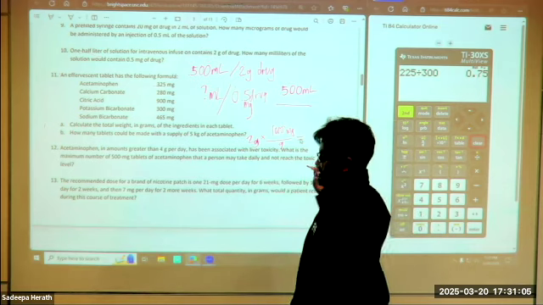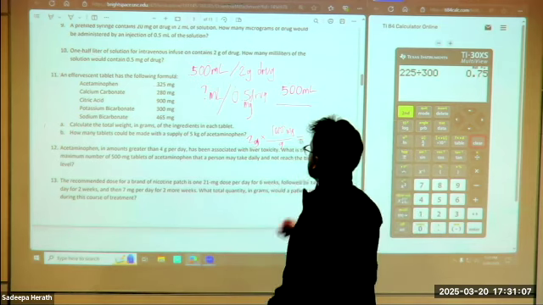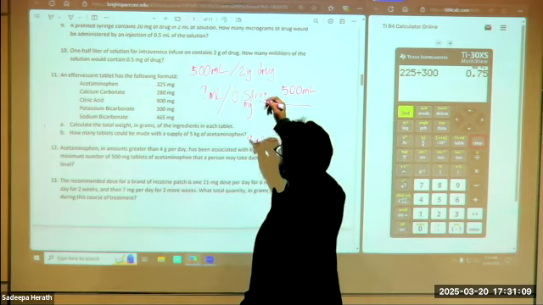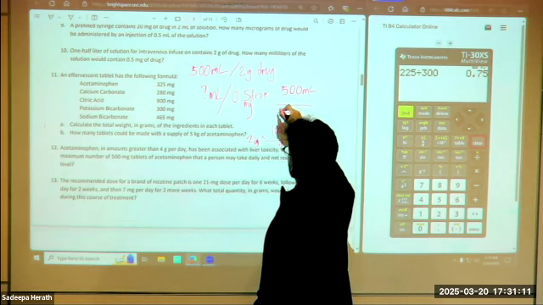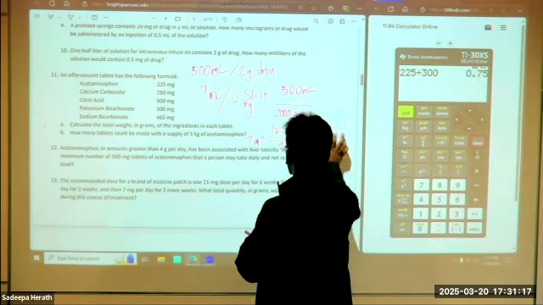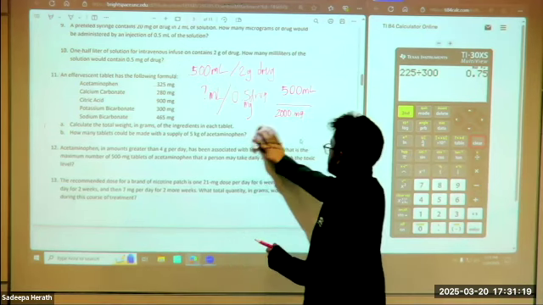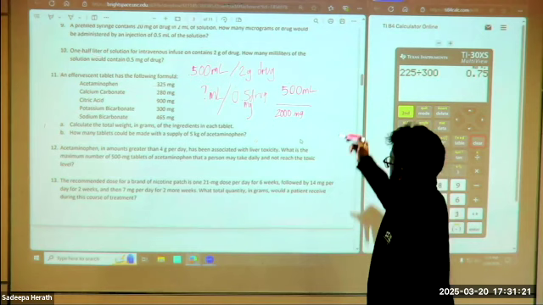I hope that's just inherent in your mind when you're calculating these. So 500 ml per 2,000 milligrams equals,